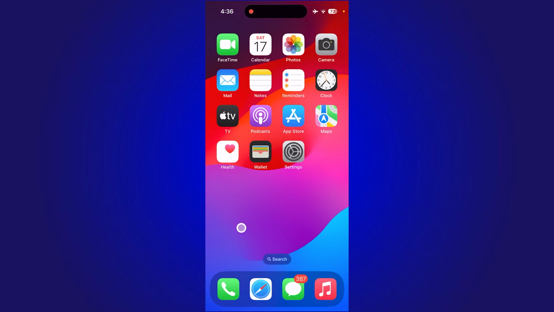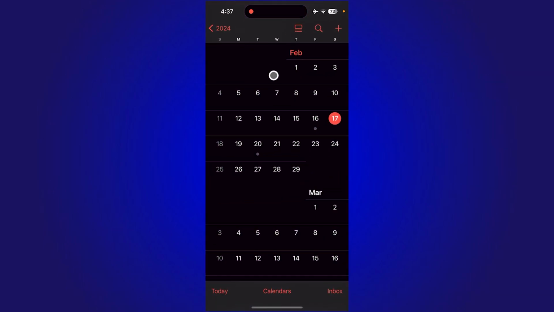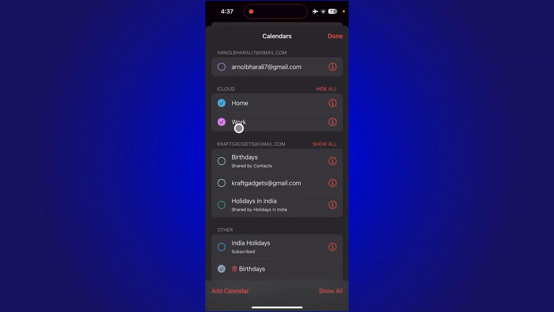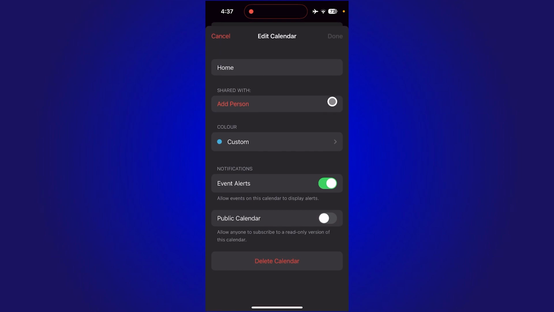So in order to do that, what you need to do first is open your calendar, and from your calendar application you just need to go down and click this calendar box. And from here you just choose the calendar you want to share with someone else. And from here, as you can see the red icon, just tap here once and you will be redirected to